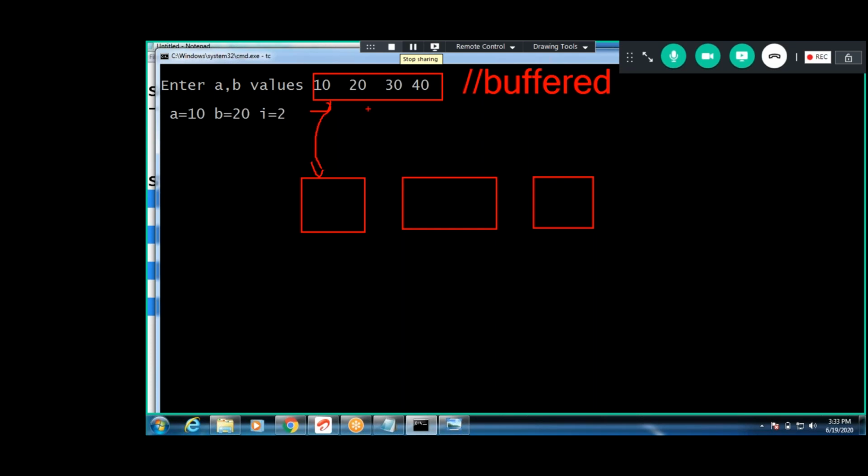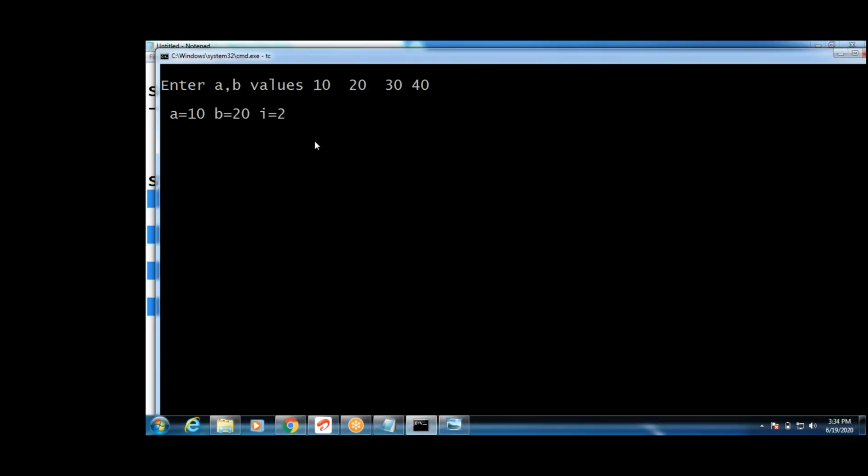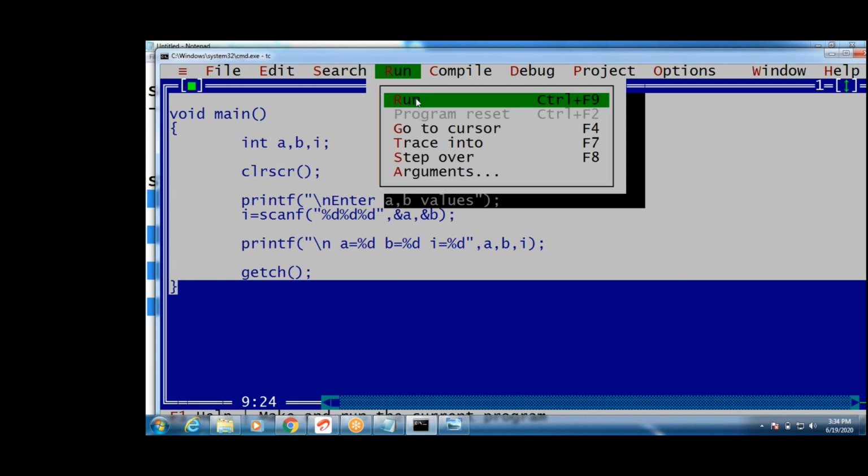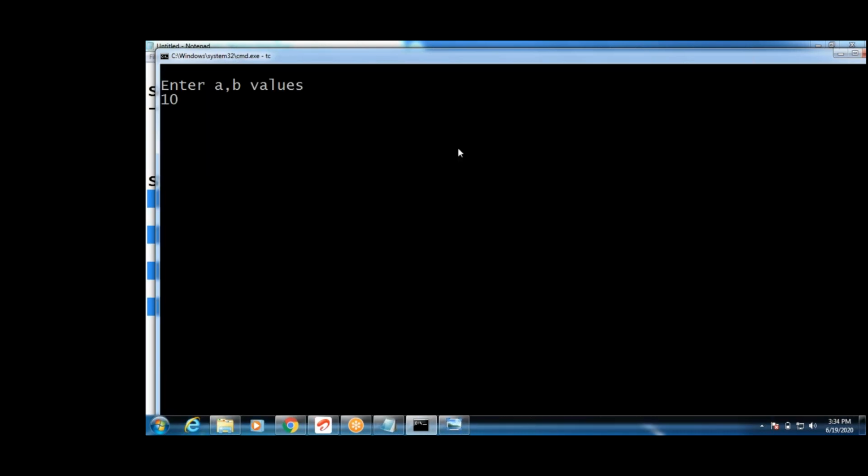For example, can I write one more %d? I will save, guys, because sometimes it may close as we are performing something illegal. I entered 10, 20, and 30 also. So i is 3, but I did not store that value. Sometimes, if you try in other compilers, it may close. We don't know why, because you are performing an illegal operation. That is okay, no? Yeah, write this program, guys. One more I will discuss next.